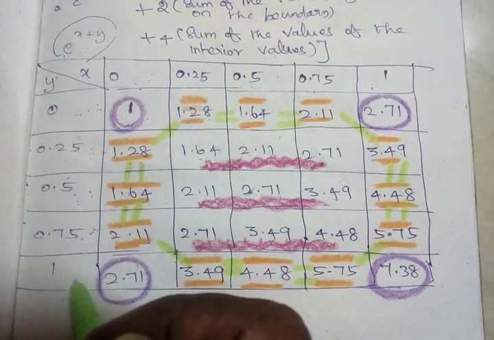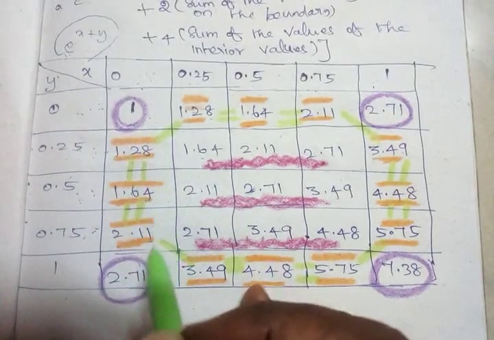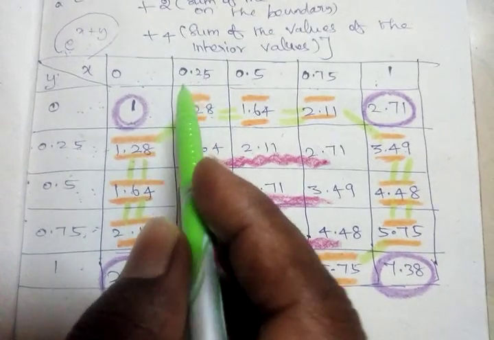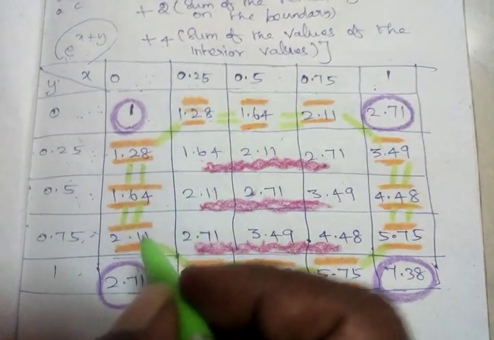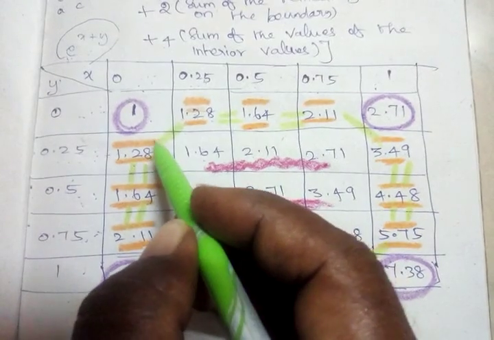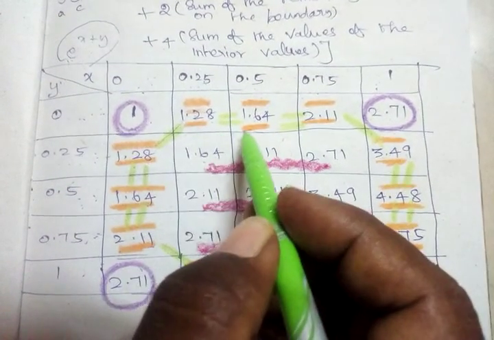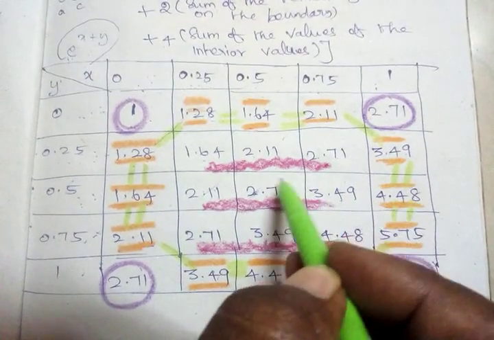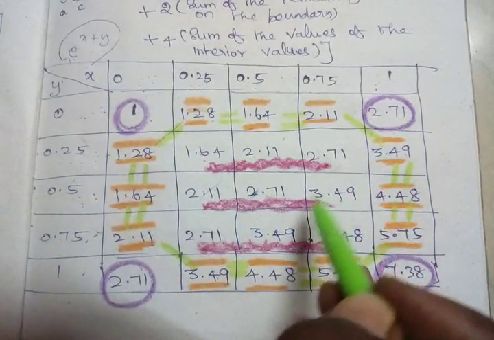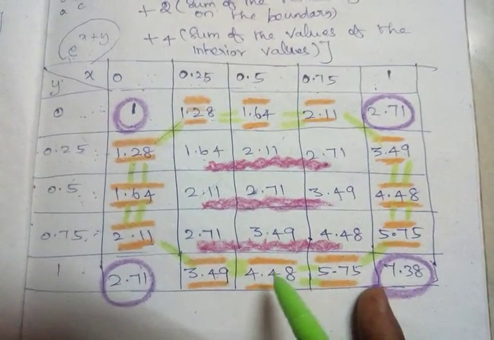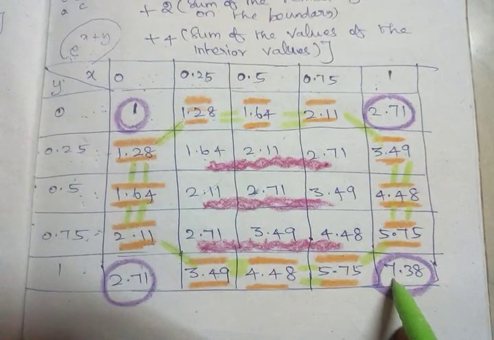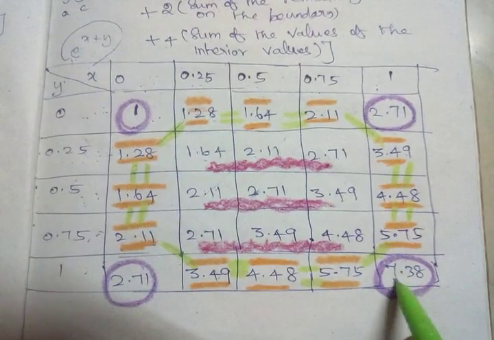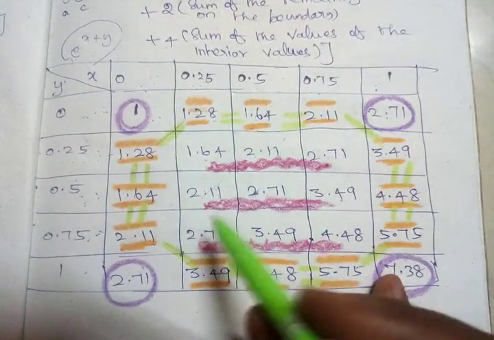Okay. The last row, 1 plus 0, so the answer is 2.7. And then 1 plus 0.25, 1.25. So the answer is this. So see the values here. Diagonally all the values are equal. See the diagonals. Are you clear? See the diagonals, all the values are the same. 3.49, 4.48, 5.5. This is the new value. Okay. So diagonally all the values are, this is 1, this is 7.38, this one is 2.71, here also 2.7,